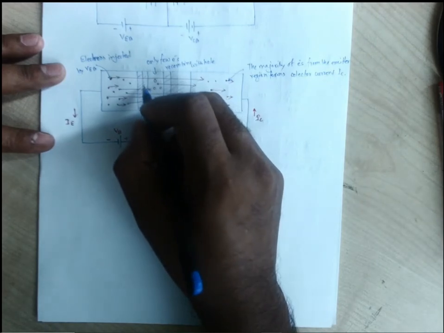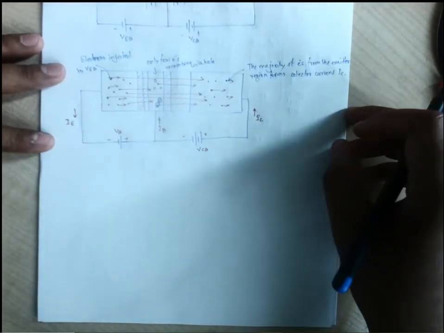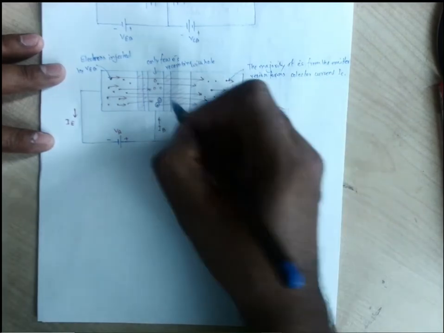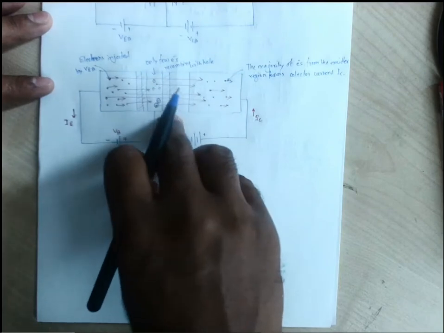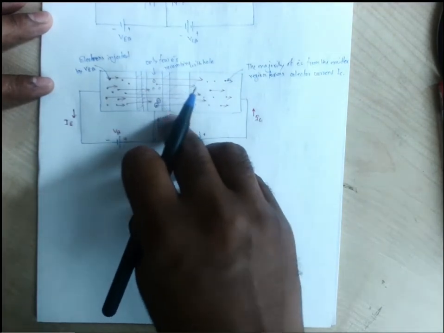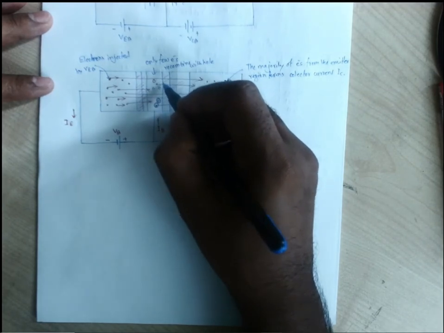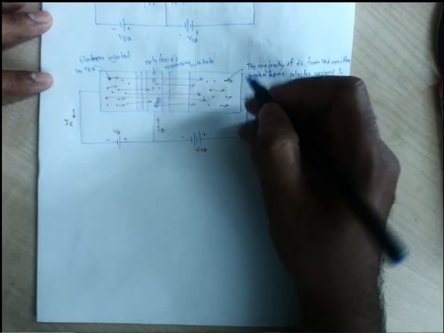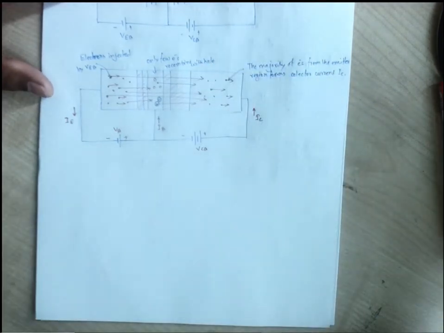Now the rest of the electrons will move forward due to the attractive force given in the collector region, because due to the reverse bias the charge carriers have already been taken away. Due to that, the depletion region has widened. So when these charge carriers reach this region of the base, they will find a certain attractive force and will be taken into the collector region. At the collector region, these electrons will be taken away by the reverse bias.